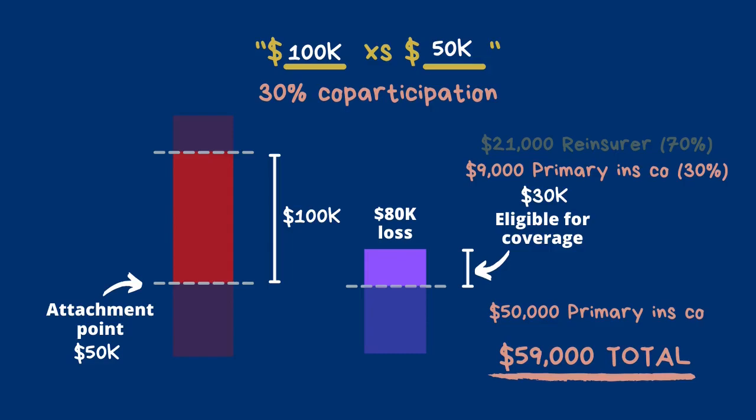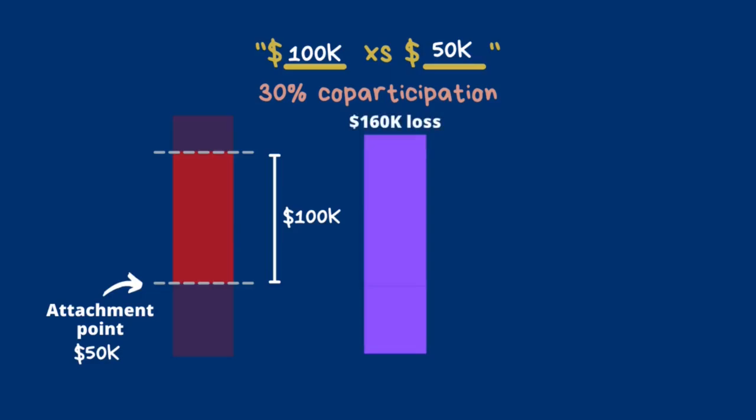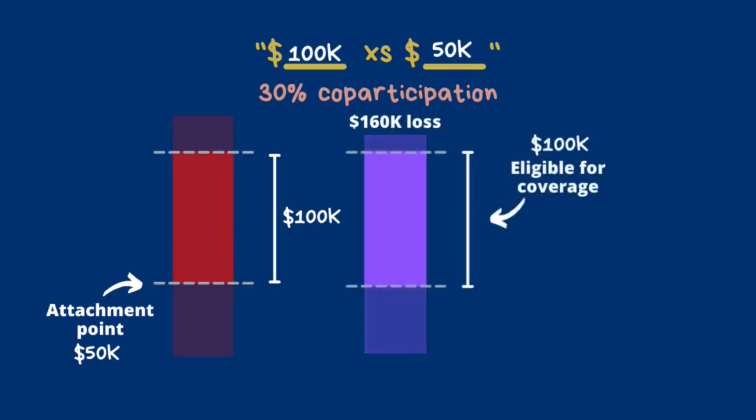That means the total portion that the primary insurer has to cover is $59,000. Let's try another example where the total loss amount exceeds the total amount that's eligible for reinsurance. If the loss was $160,000 instead, only the first $100,000 above the $50,000 attachment point would be eligible for reinsurance